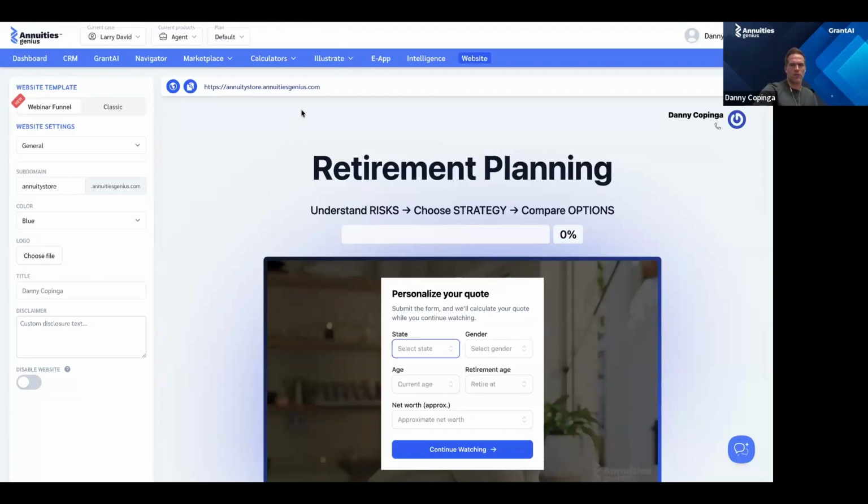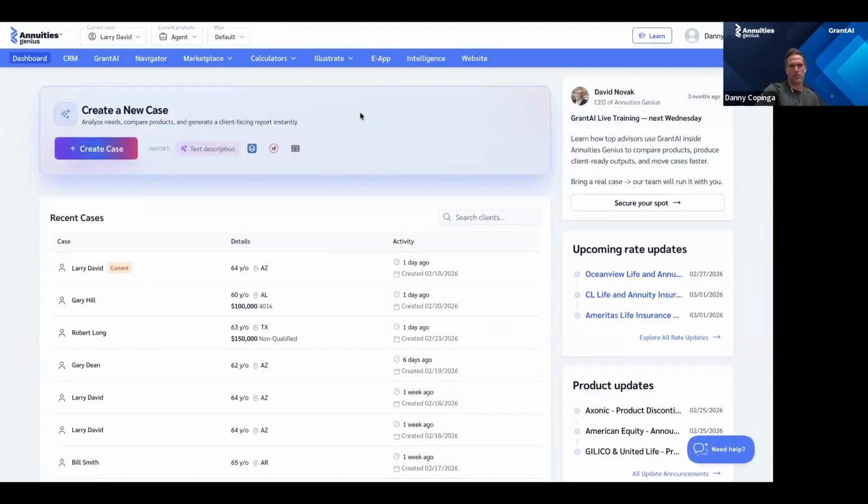All right, so that was good. Now we have a lot of time that we can go through a case, which I think a lot of people want to see anyways, on building out an actual annuity quote. And so let me come back here to dashboard. And so I logged into my Annuities Genius, and let's pause, and I'll give everybody a chance,